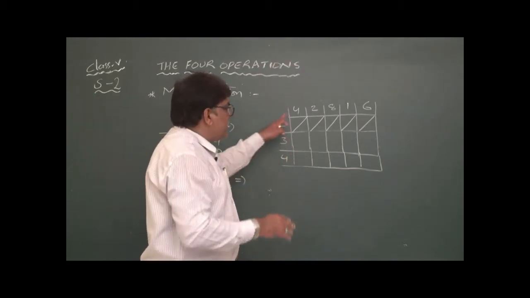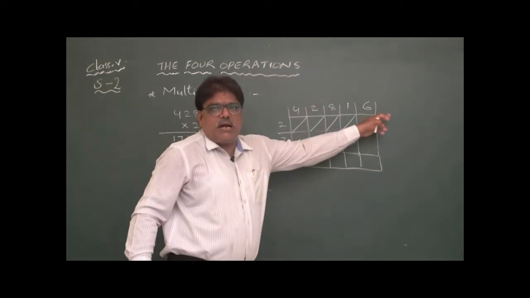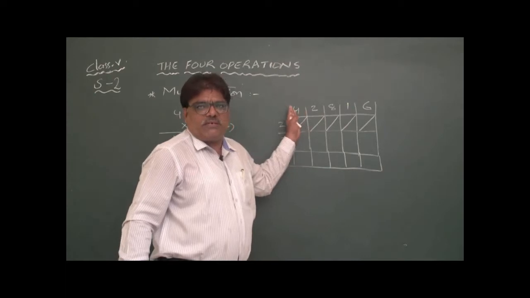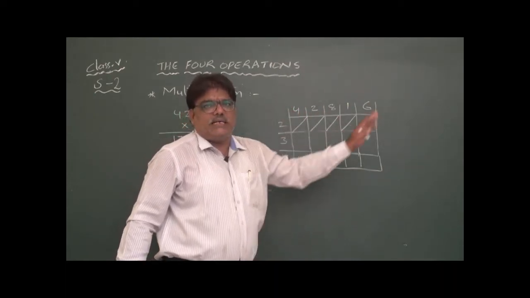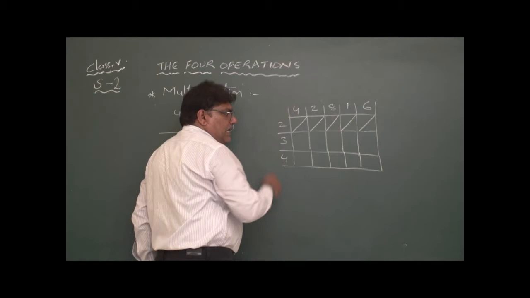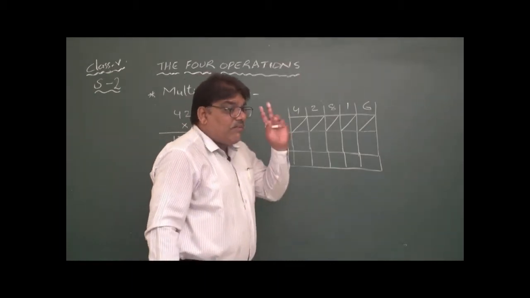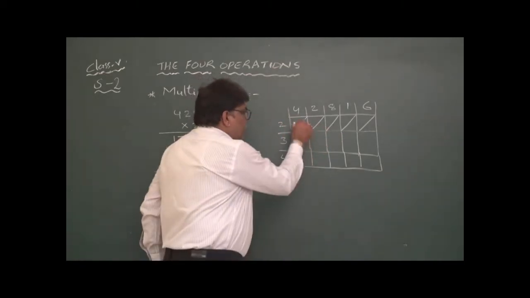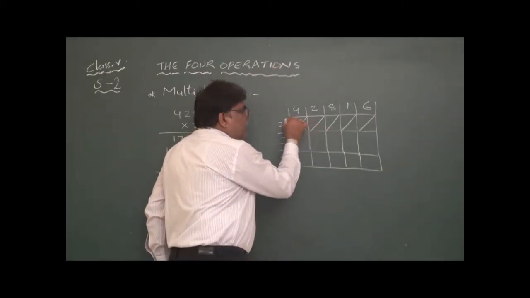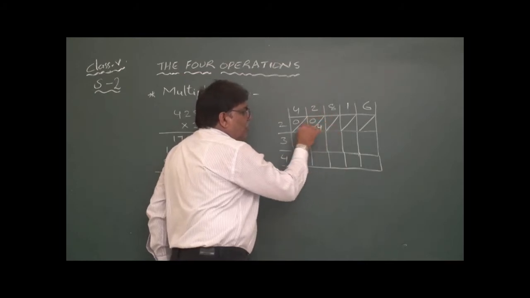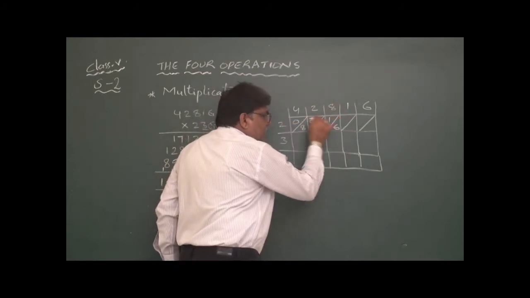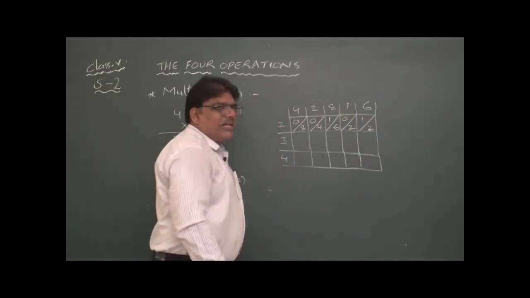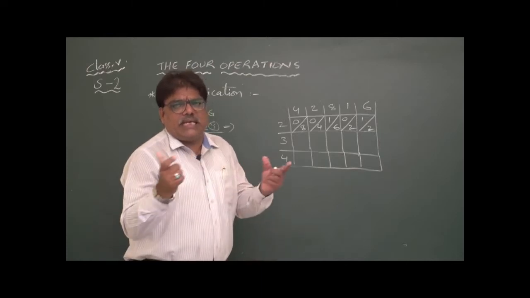Now, taking the result in this box type, we should go from left to right, not right to left. Generally in multiplication we do right to left, but here it is left to right. For example, here 2 4s are 8. We always remember a 2-digit number as 08. Keeping 08, then 2 2s are 04. Then 2 8s are 16, 2 1s are 2, 2 6s are 12. Like this, the first box we can cover very easily.